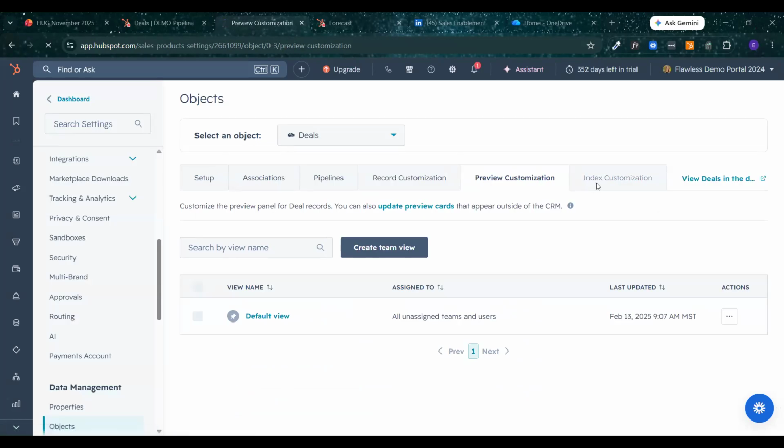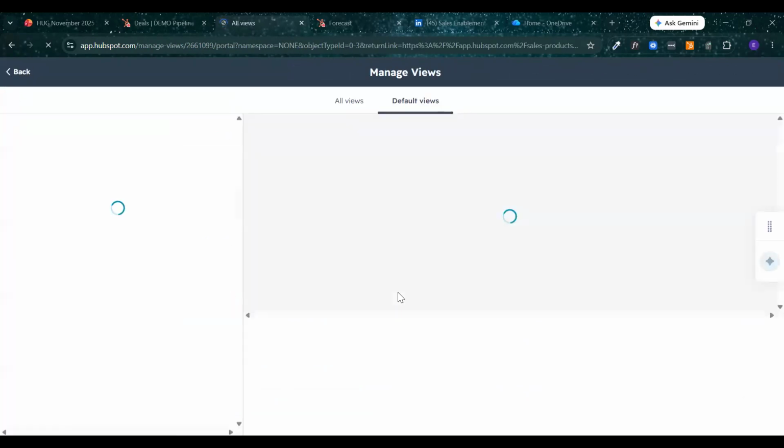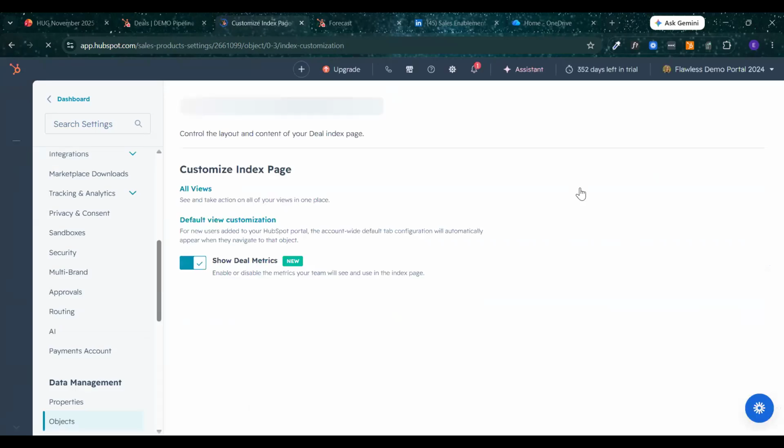And then of course, the index. This is a default of how you can view all of the different views. So you can set this up for everybody. If you want everybody to have these filters, you can set those up so that's what everybody sees when they start.